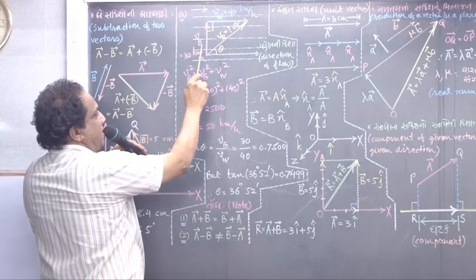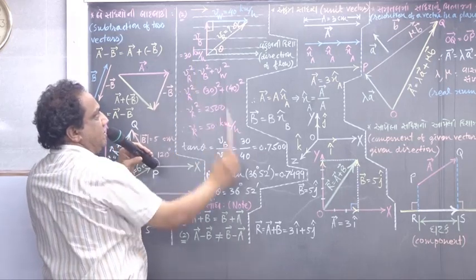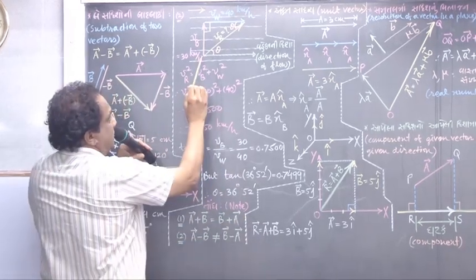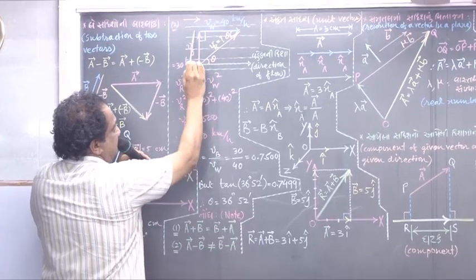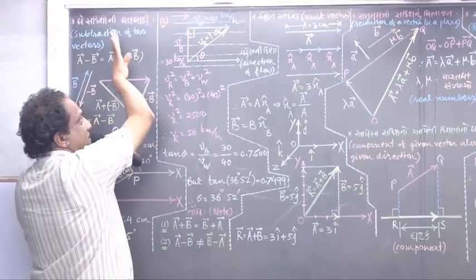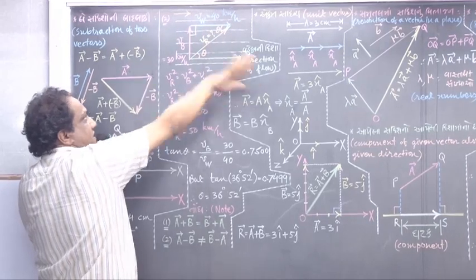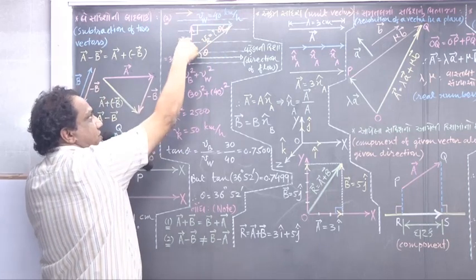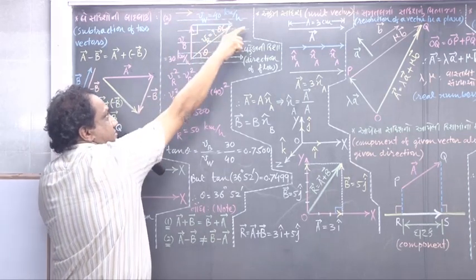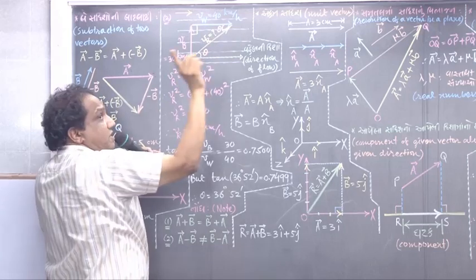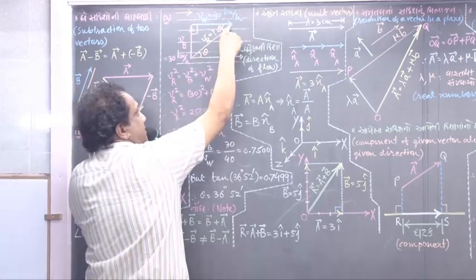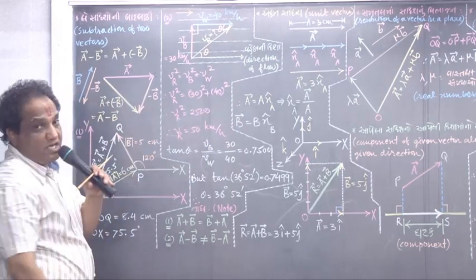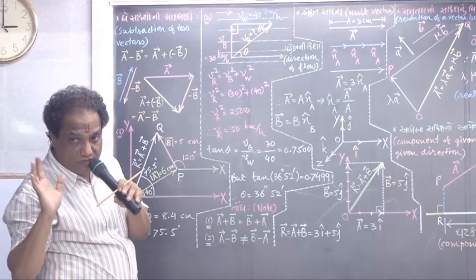That velocity of boat they have given 30 km per hour. But now you know what will happen. As the boatman is trying to drive this way, there will be a push given by water towards right hand side. So this is one more velocity which will be added to this velocity. Now this vector plus this vector, resultant will be this. So it is going to give you resultant velocity. How much? That is what we have to find out.